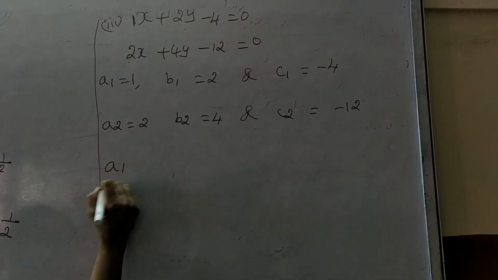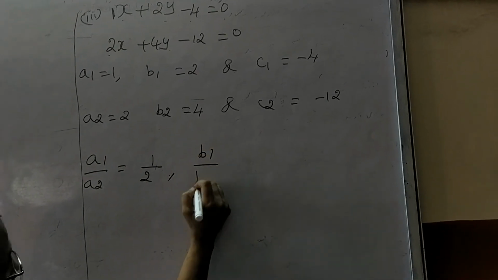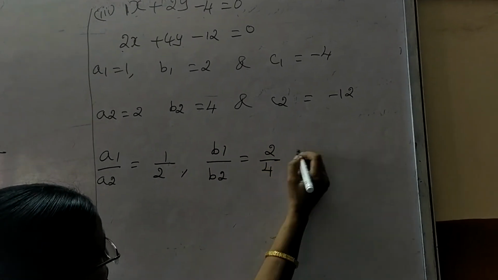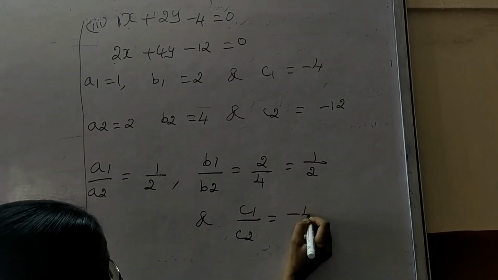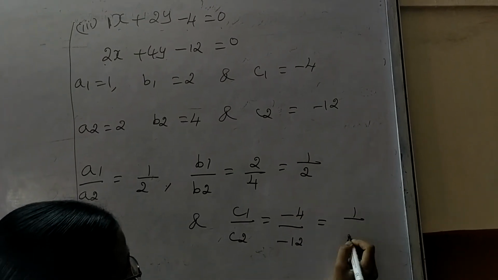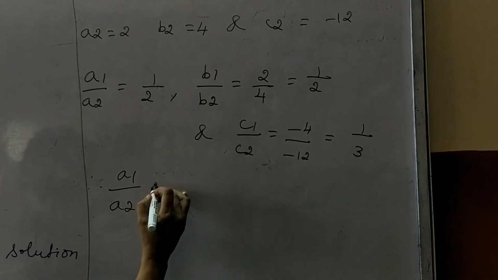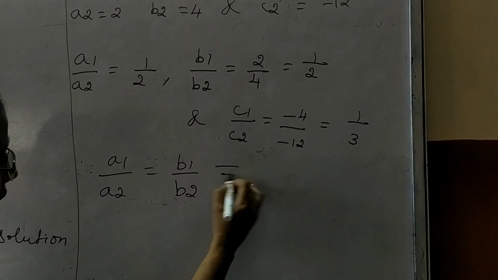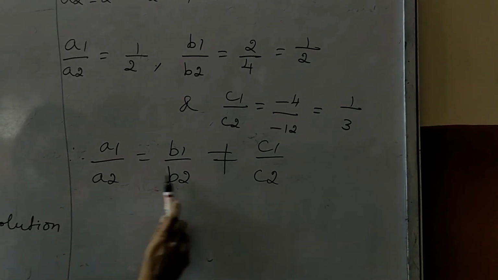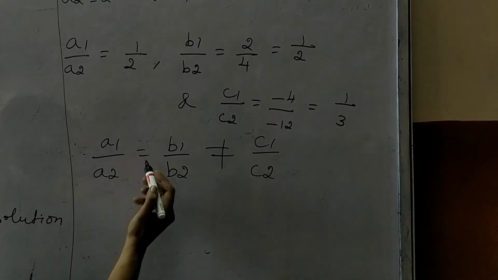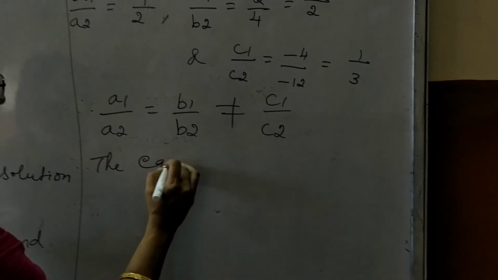So I find the ratios as before, A1 upon A2, which is 1 upon 2, cannot be simplified here. B1 upon B2, which is 2 upon 4, can be simplified, 1 upon 2. And C1 upon C2, minus 4 upon minus 12, which is equal to 1 upon 3. Therefore here, A1 upon A2 is equal to B1 upon B2, but it is not equal to C1 upon C2. So when the first two are equal and the third ratio is not equal, in that case we don't get any solution. Therefore I write the equations